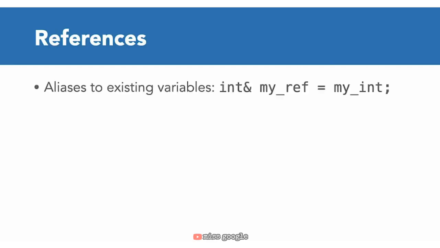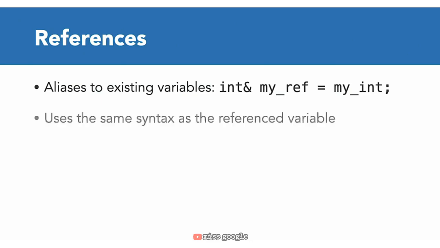References are a special category of data types I haven't yet mentioned. References are aliases to existing variables, so a reference becomes an alternative name for a variable. To declare a reference, you simply use the type you want followed by ampersand. Here we have a declaration of a reference named myRef, which makes reference to an existing integer named myInt. Once declared, references use the same syntax as the referenced variables, so you don't have to dereference as a pointer,